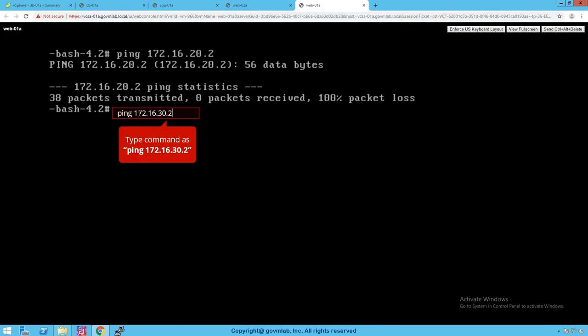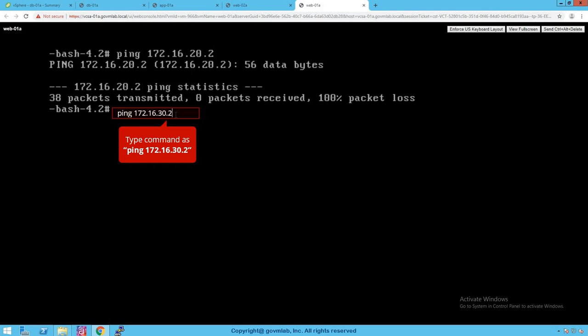And the question to you, will that ping work? If you said no, that's absolutely correct. The ping will not work. Again, the reason remains the same: the web VM and DB VM are connected to two different logical segments, which means they are connected to two different logical networks. Communication between two different logical networks cannot happen at the L2 level.